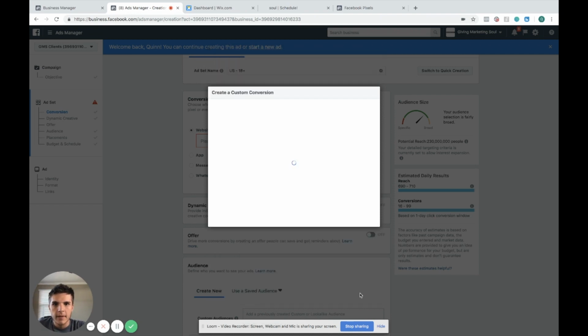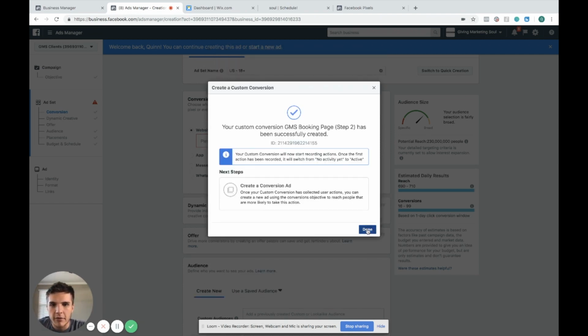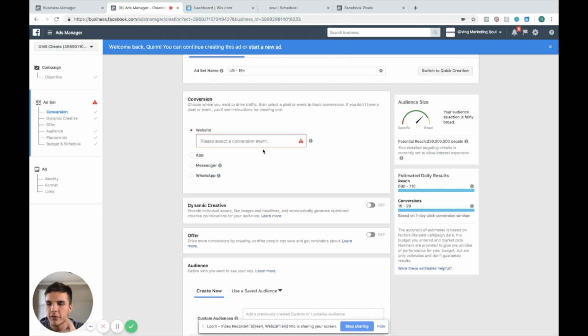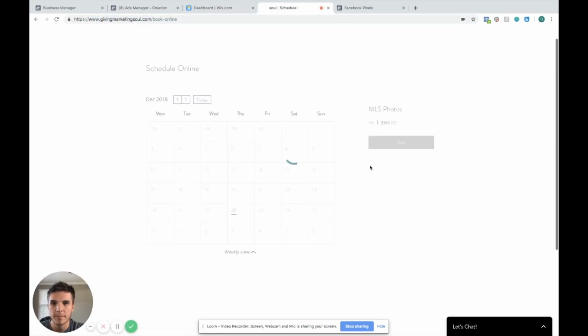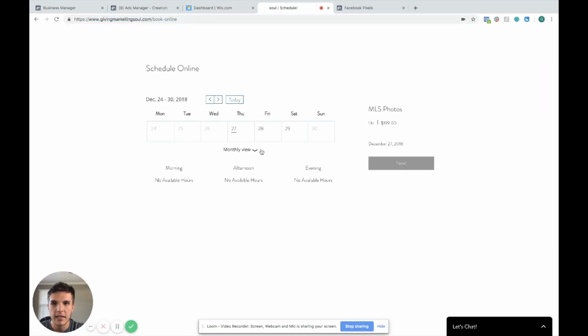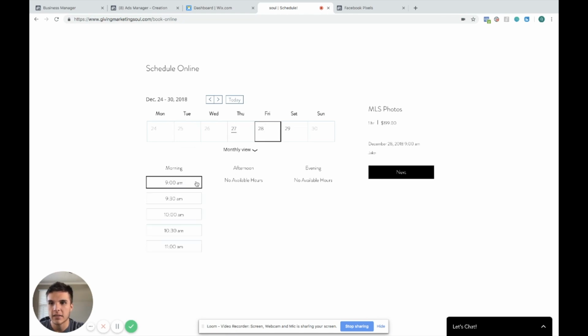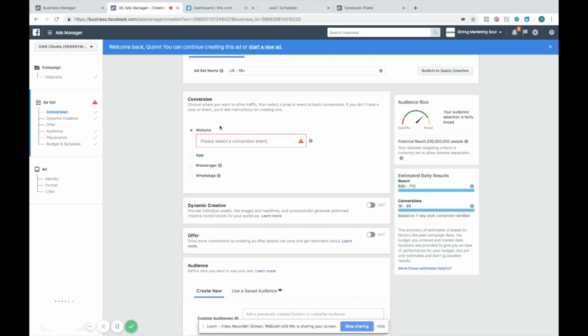okay? So what have I done now? Okay, I basically put two different types of tracking devices on step one of an action and step two of an action. So the ultimate would be for them to actually schedule this, right? And choose a date, choose a time, and actually book, right? That's the ideal situation. So what you're doing is now, if I refresh this,